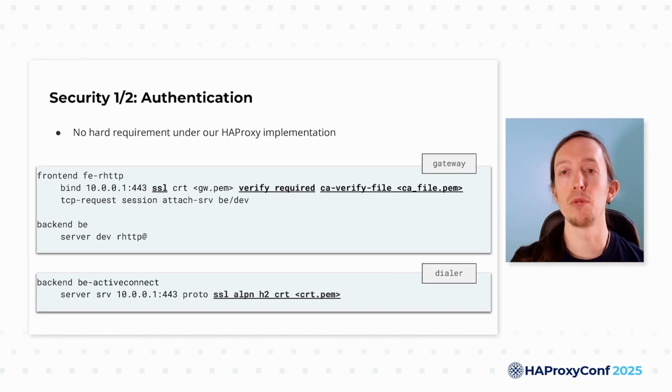You also have to understand that the TLS handshake is performed before the connection reversal. So on the gateway, the connection is still on the server side. To verify the identity of the dialer, you have to activate verification so that mutual TLS will be performed. Now you can generate a certificate authority file and use it on the gateway side. You can derive multiple certificates from it and distribute them to the different dialers.